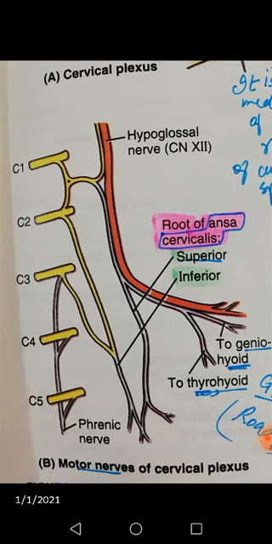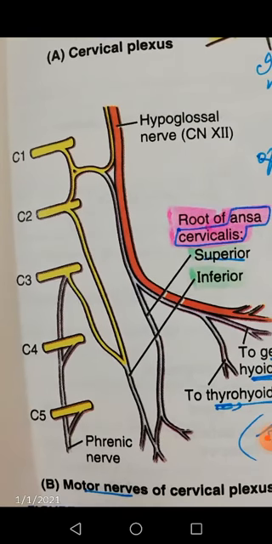You can see they briefly join each other and then ascend along with the hypoglossal nerve, and then descend from that very hypoglossal nerve and traverse your lateral cervical region. Now you can see there is the inferior root of ansa cervicalis that arises from the loop between spinal nerves C2 and C3. The superior and the inferior roots unite to form the secondary loop of this ansa, called